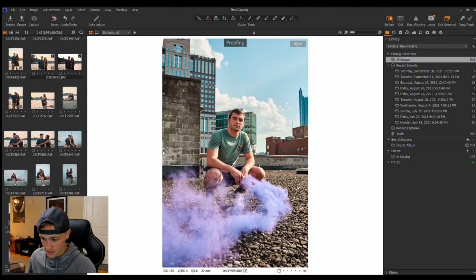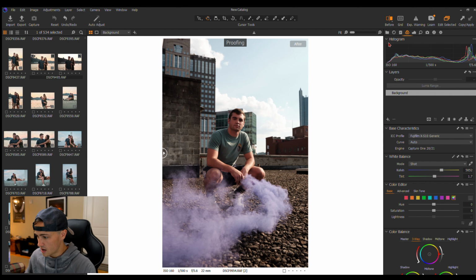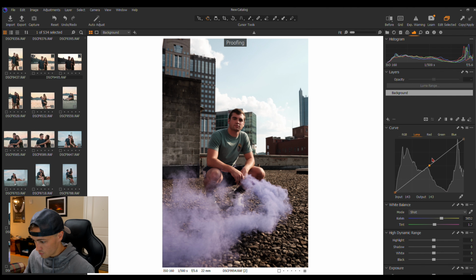We're gonna reset this. No edit, no styles, no nothing. In Lightroom, they're called presets. In Capture One, they're called styles. Let's get into it. So first thing, you're gonna come here and you're gonna put this center dot in the